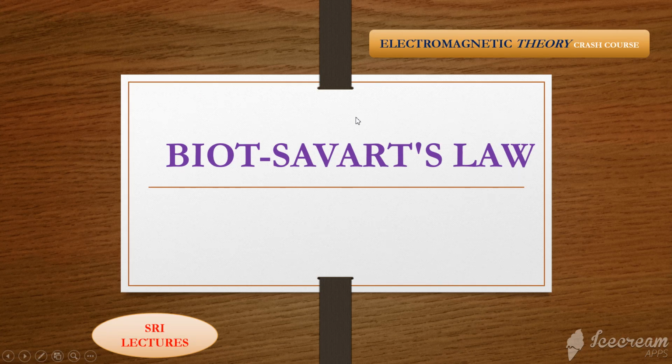So in this video we will discuss Biot-Savart law. Biot-Savart law is one of the important laws with respect to magnetostatic field. This law is applicable for a general case, that is, applicable to all the cases, and one special case of this Biot-Savart law is Ampere's circuital law. That is applicable to symmetrical current distribution only.